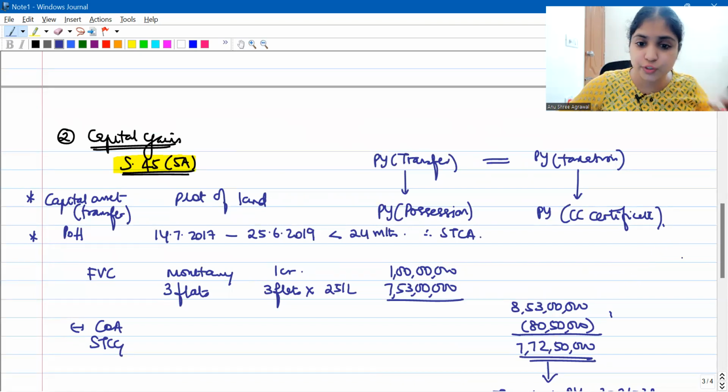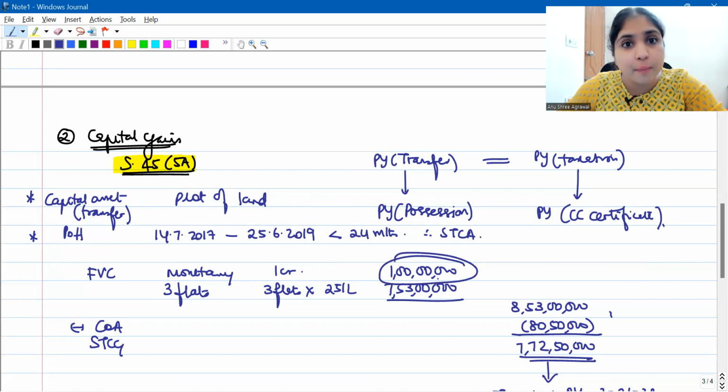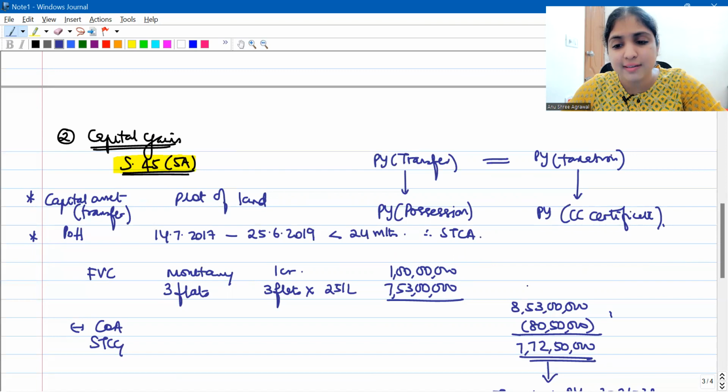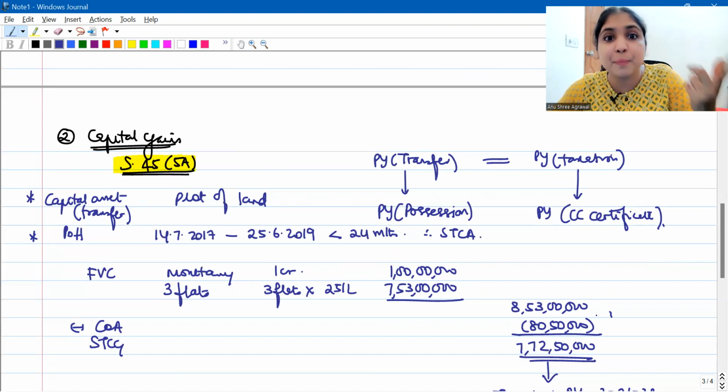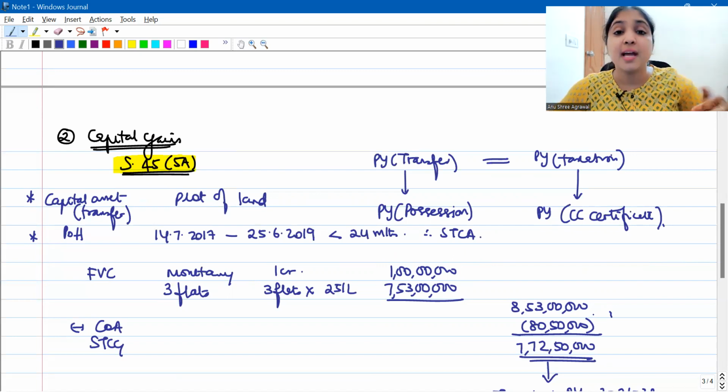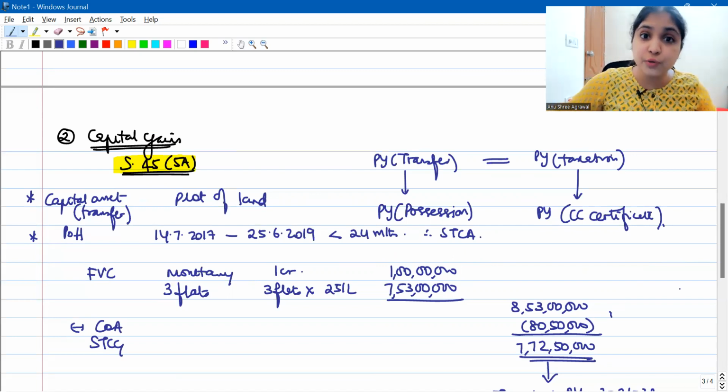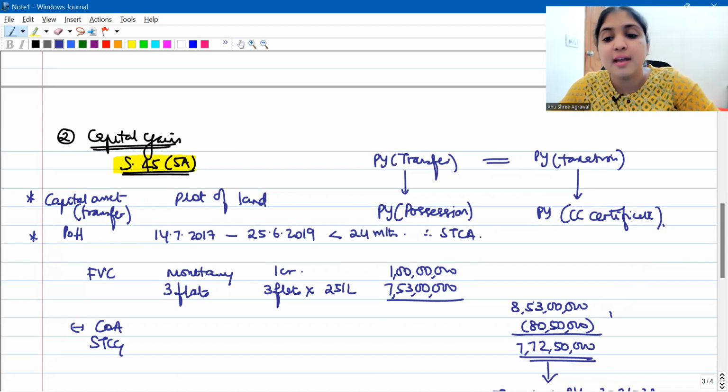There are two views. One view asks us to consider even the monetary component part, even the 1 crore part. The first view says 8 crore 53 lakh is for 3 flats, so do a proportionate calculation for 2 flats. The other view, the safer view, the view which we would preferably follow for our examination, is that we will see